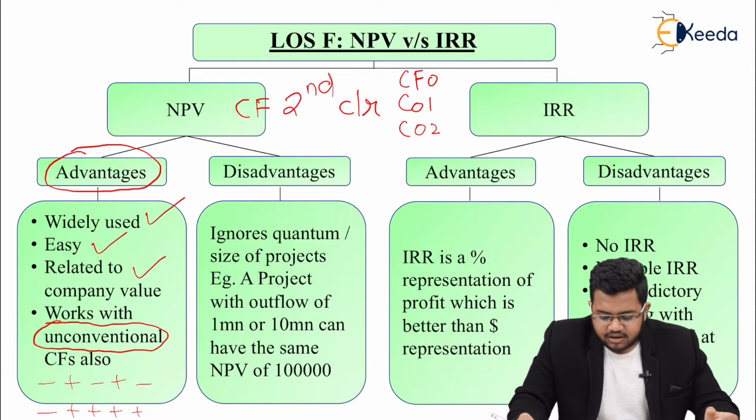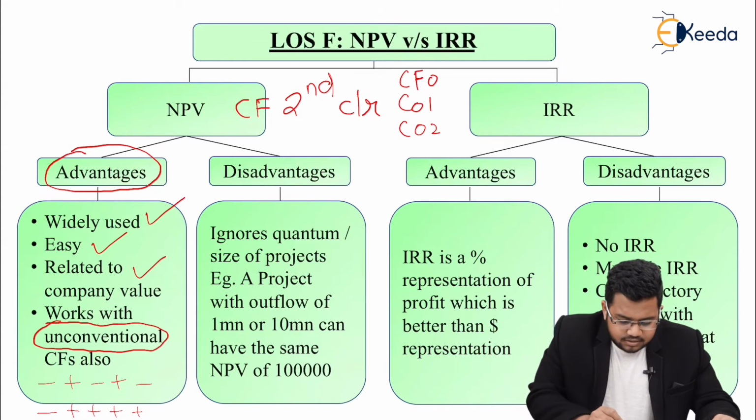Now why I have taken this advantage? Because in disadvantage of IRR, you will actually come across a different conclusion. So normally when the cash flows are unconventional or non-conventional, IRR method would be something different. So it's not that NPV method is supposed to be used and IRR is not supposed to be used. There are advantages and disadvantages of both the methods. So these were advantages of NPV.